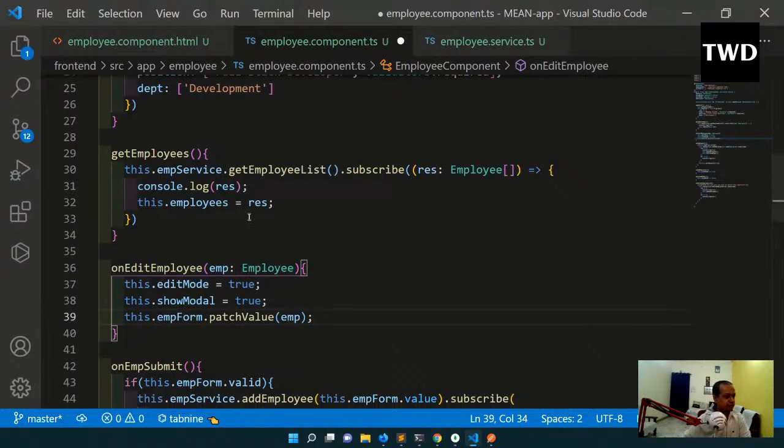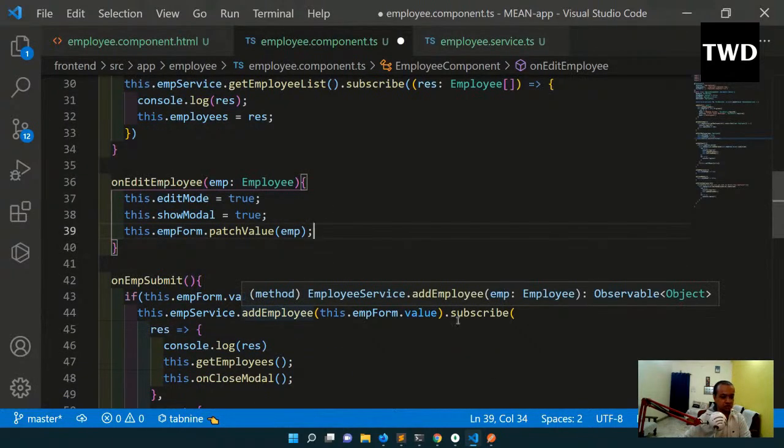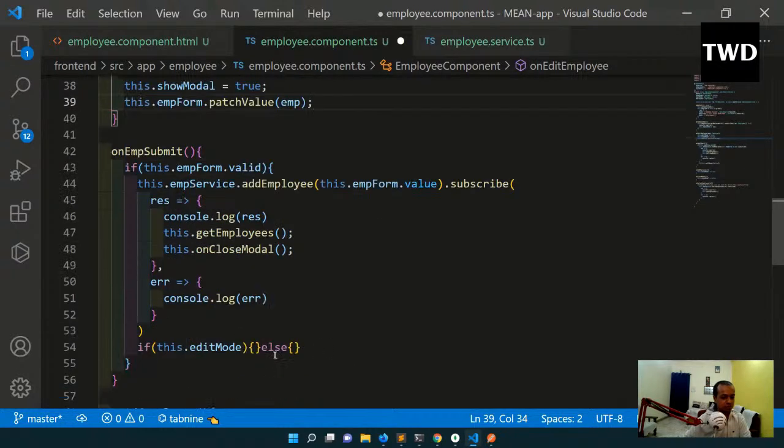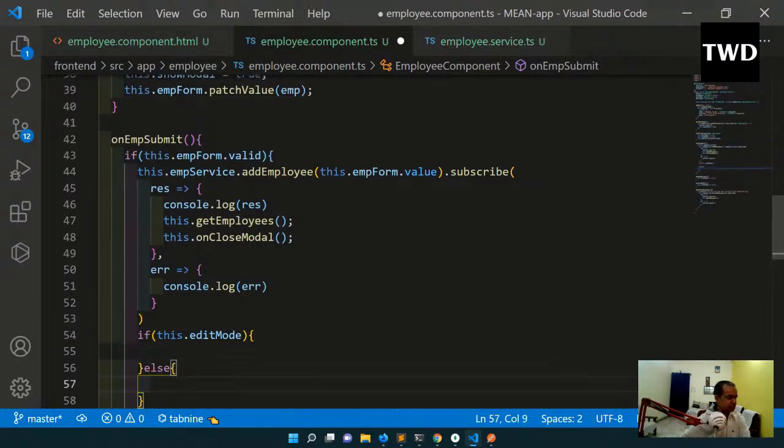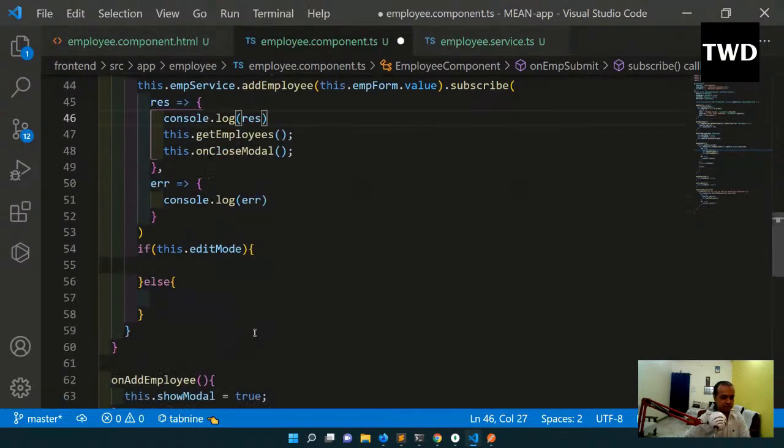So on employee submit, as I've told, we are going to have two modes. If the edit mode is there, we have to do the update employee, or else we have to do this add employee. What I'm going to do here, this add employee, I don't want this many console logs, okay, no problem. Anyways, if employee.valid is there, actually